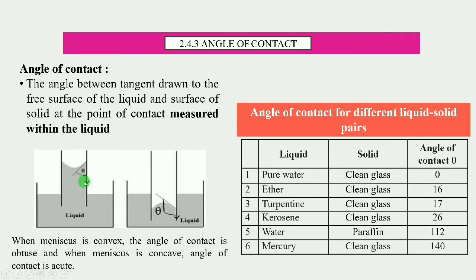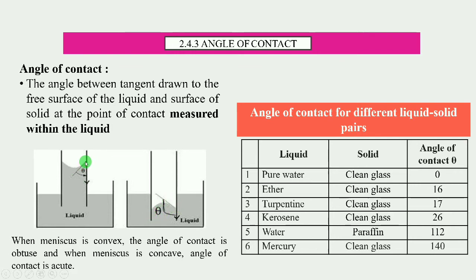A capillary is nothing but a very fine glass tube, having a diameter of about 1 mm. This glass tube is known as a capillary. When you dip the capillary in this liquid, there may be a rise or fall of liquid inside the capillary, depending upon the type of liquid, or depending upon the solid-liquid pair. So here we get a concave upward meniscus, and here we get a convex upward meniscus.